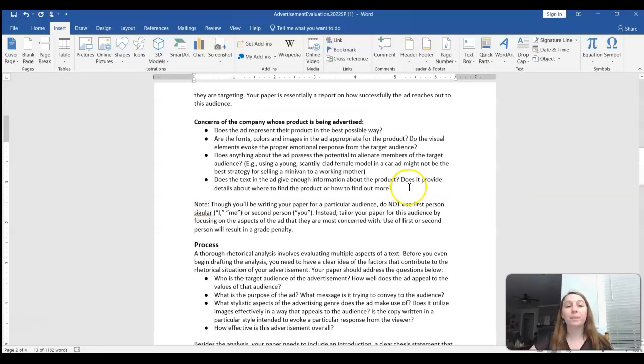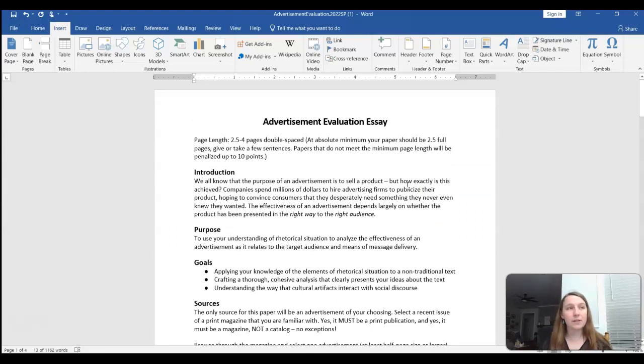All right. So when we think about this essay, there are some things to think about. Who's your audience that you're writing to? Well, the assignment sheet I'm not going to read to you because I hate it when my teachers read word for word for me. So I'm going to trust you to go back and read these after I hit these big points for you. The target audience is the company that owns that product. You are talking to their marketing group, telling them these are some good things, these are not good things. That means you need to use formal academic language. So no first or second person, no run-on sentences, no fragments, no contractions, no slang or text speech,